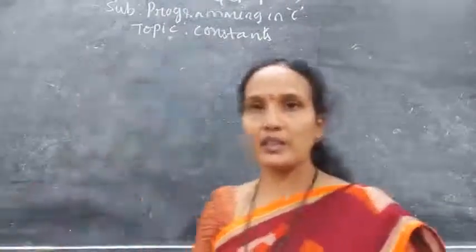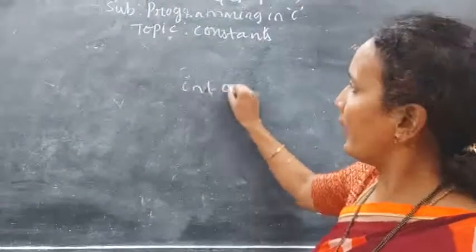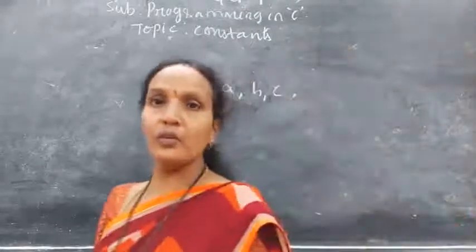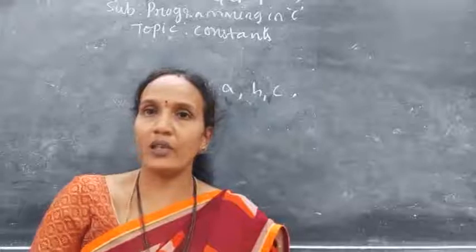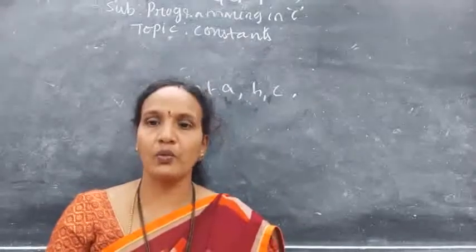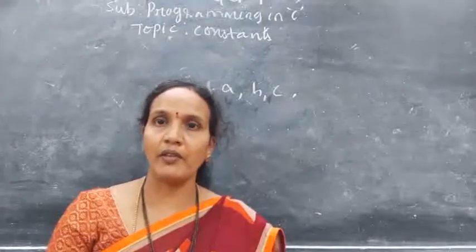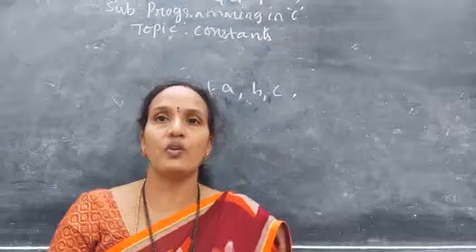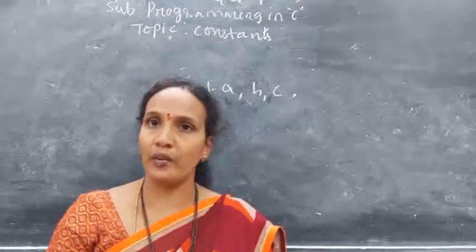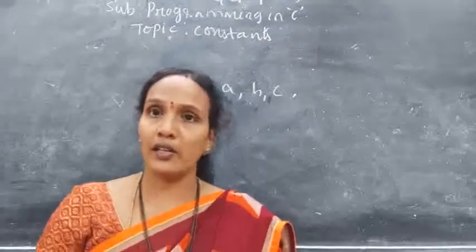In the previous class I already explained variables like int a, b, c. So these are the variables. What is the use of a variable? That also I explained in the last class. Variables are storage units, meaning if you want to store any value in the system. While writing a C program, if you want to store values, we take the help of variables. Using variables only, you can store the value. That is why variables are called a storage unit.